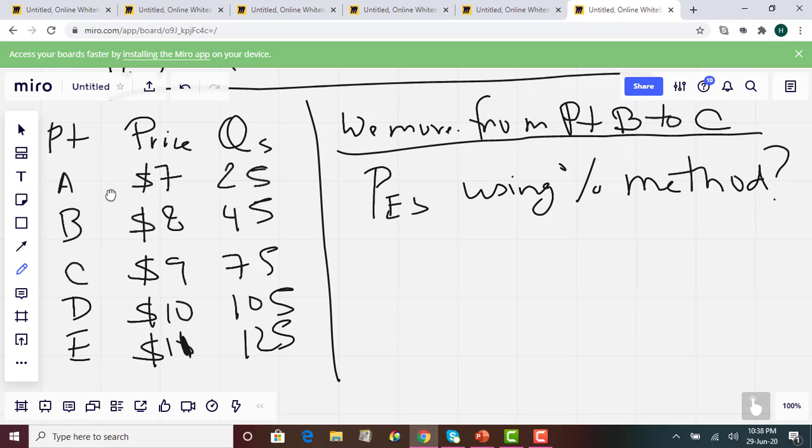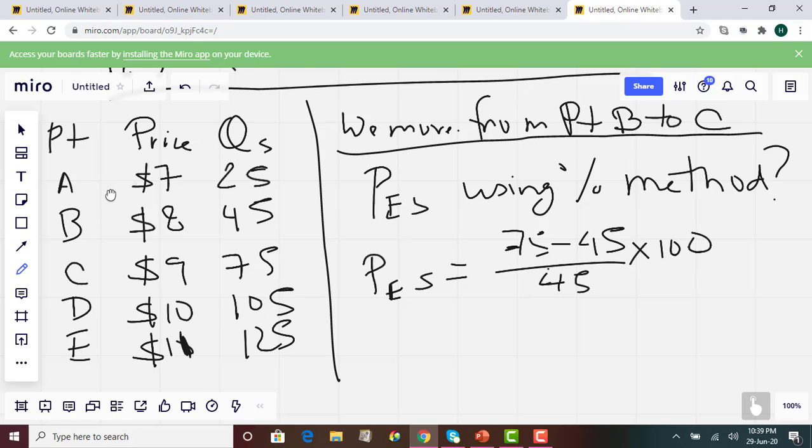So that's very easy to cover. If we move from point B to C, the price elasticity of supply is going to be the percentage change in quantity supplied, which is 75 minus 45 divided by 45 times 100. That's your numerator,